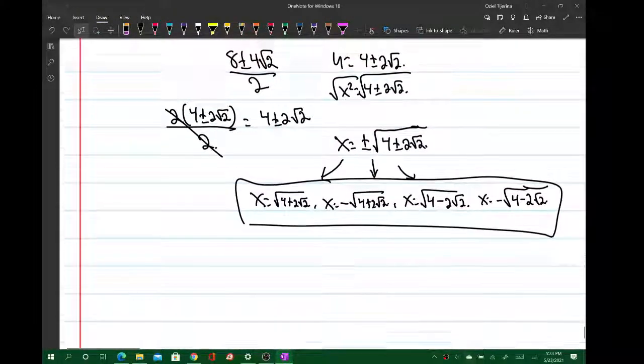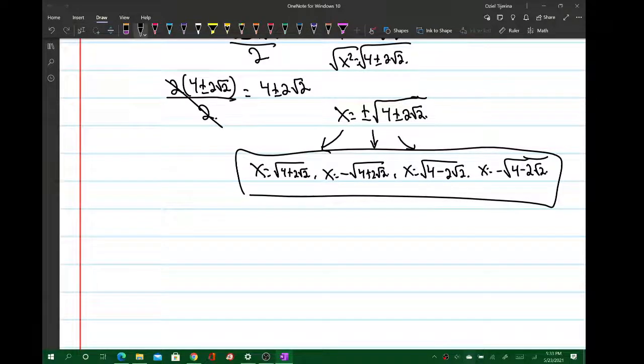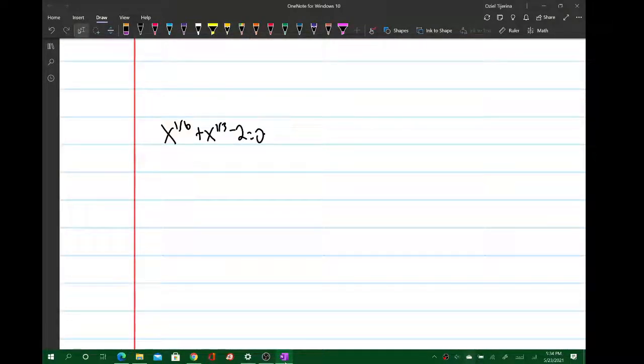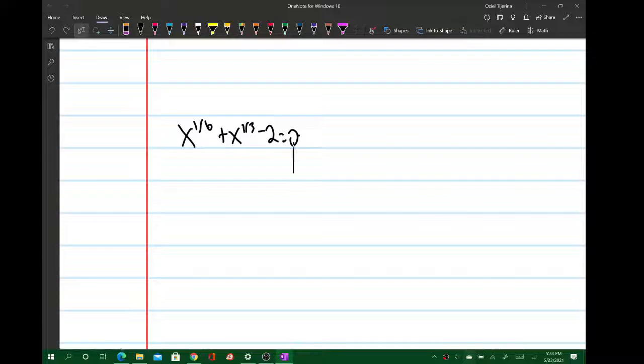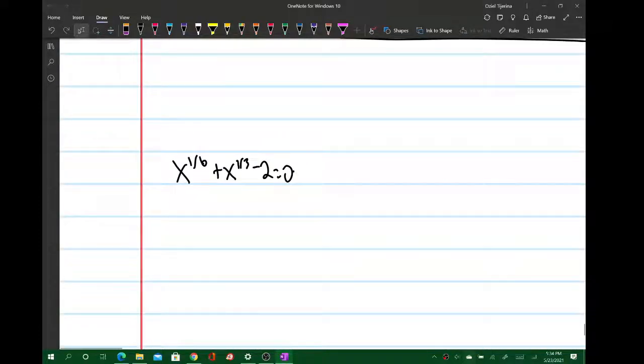Right? So these would be your 4 answers. Okay, now this one is interesting as well. It's the same thing we did for the last one, except it's a quadratic. I mean, you're gonna have to substitute, okay? So let's say that,